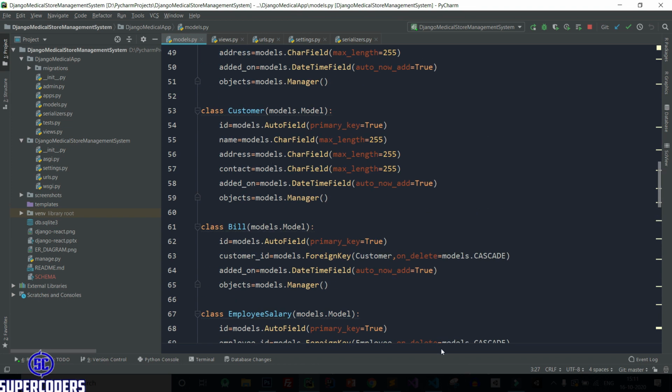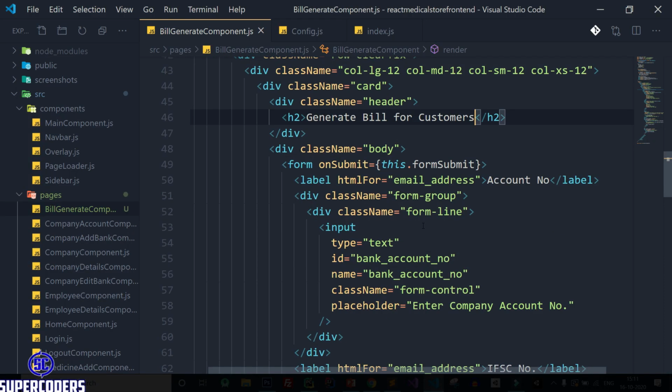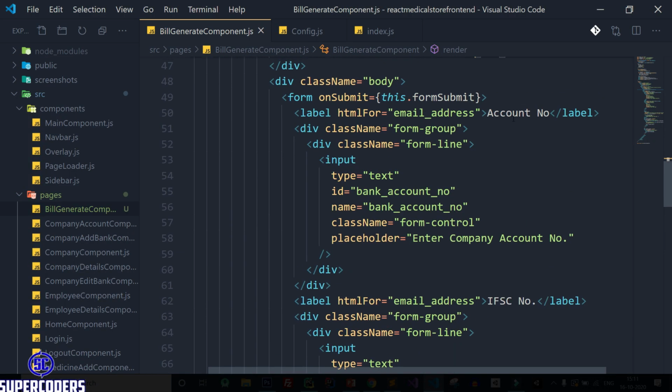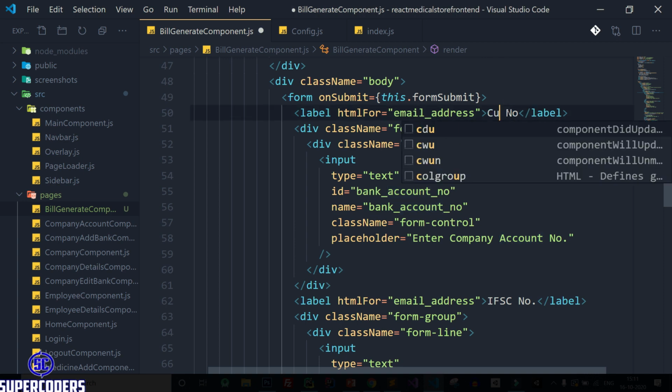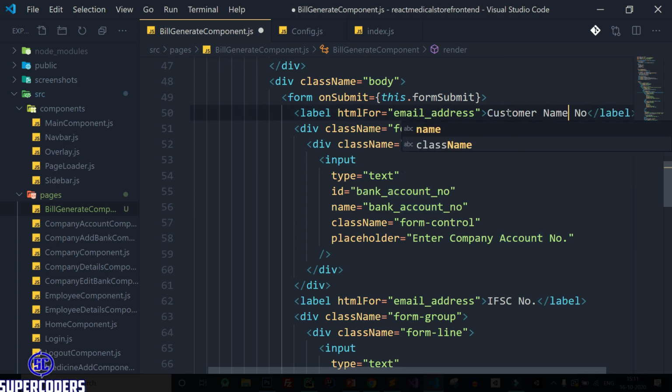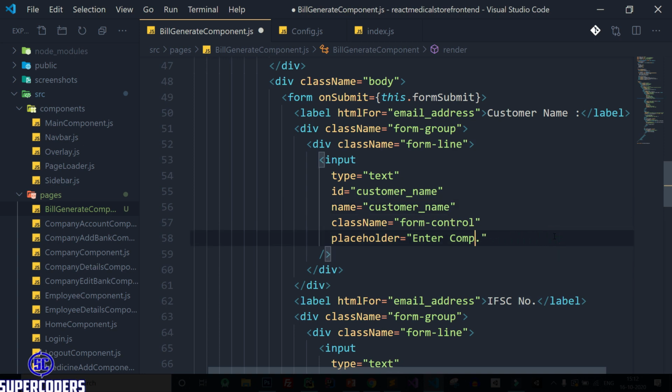So first back to VS Code and here account number, change this to customer name. Customer name, copy it, paste it here, enter customer name.